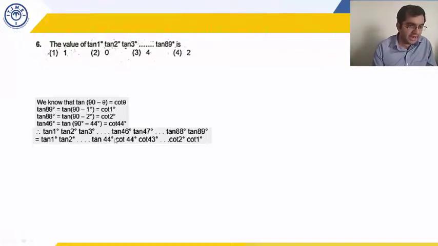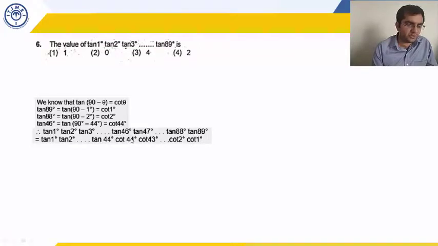Okay. And what is the value of tan 45? Tan 45 is 1 and that has already been substituted and removed because tan 45 is 1. Next, what do you get? You get tan 46 after tan 45, which is cot 44. So here is cot 44. Then cot 43, cot 42 and so on till cot 3, cot 2, cot 1.